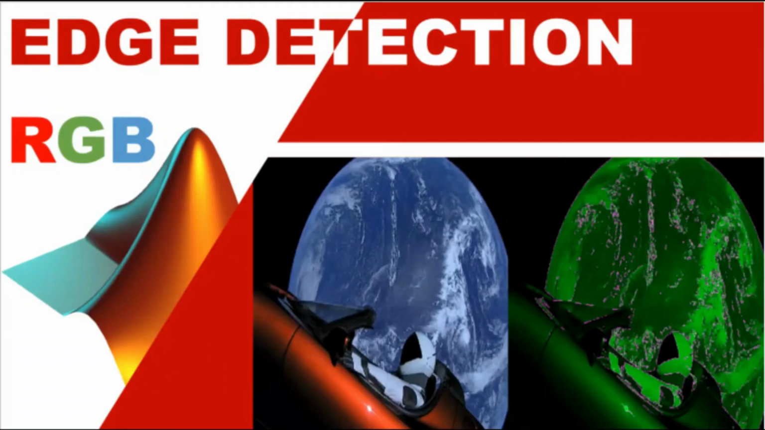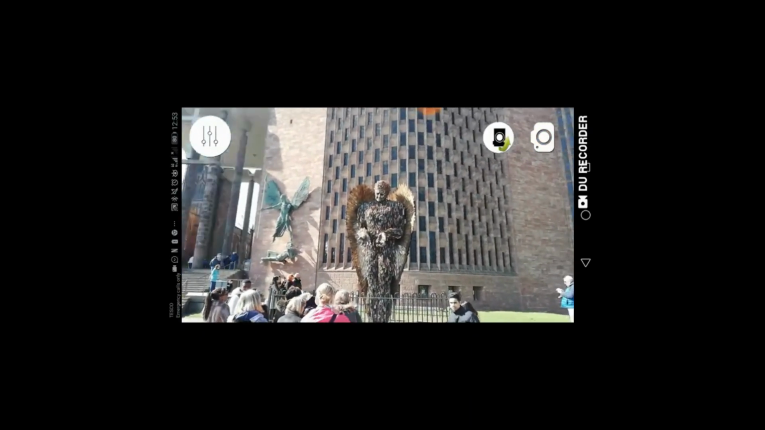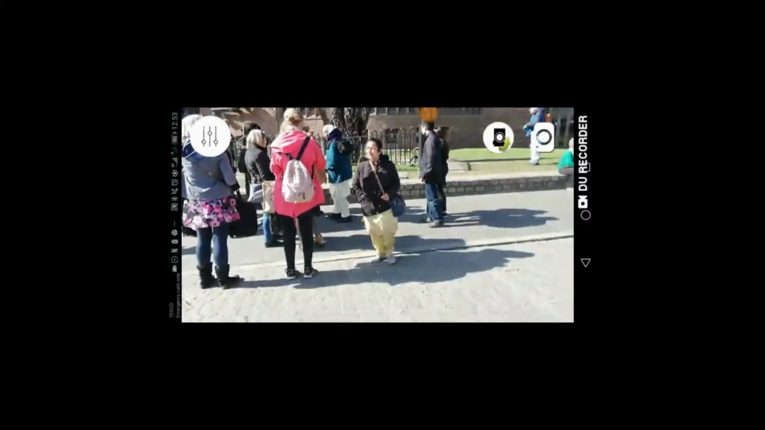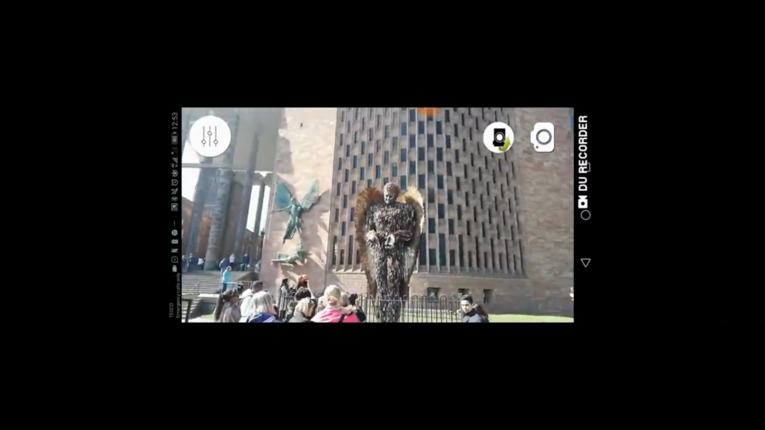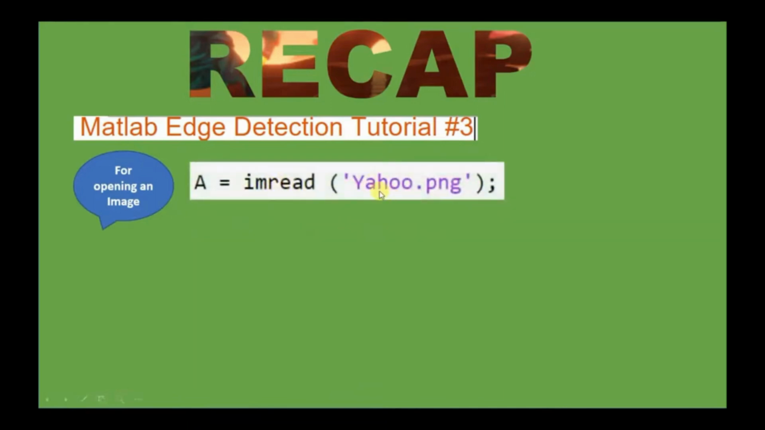Welcome back to the edge detection tutorial second part. In this part I'm going to do the edge detection and color separation. Let's do some recap first. Last session, which was the first session of the edge detection, I did the image opening technique. So basically for this opening, use the imread command and the image name,